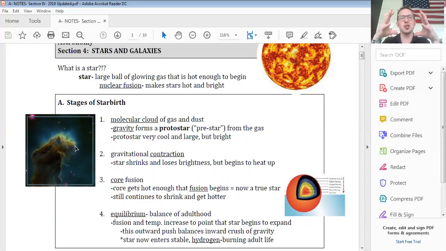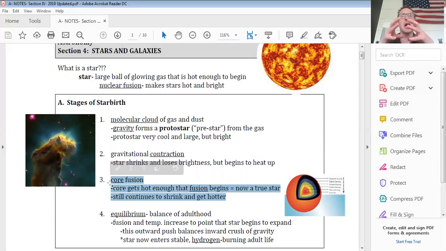So gravity starts to scrunch and contract this star smaller and smaller. And as it gets smaller, though, it gets hotter and hotter until, boom, step 3. The star begins fusion at its center, and for the first time, it starts to push out against the ever-present crush of gravity. So the seesaw starts to tilt back until we reach step 4, which is equilibrium. Root word is equal, meaning the same. So here, gravity and star energy perfectly balance out, and this is where most stars will spend their adult lives.